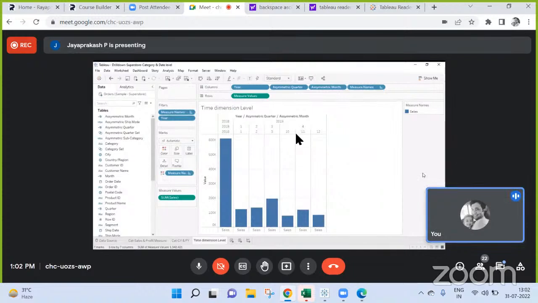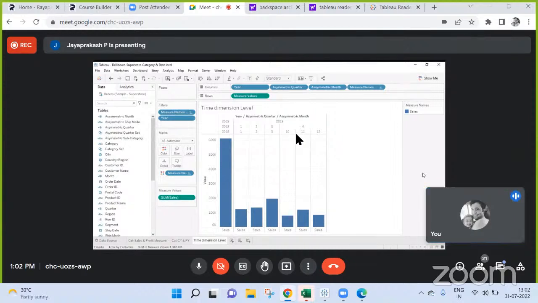Again, when you click on the year part, it should not select the date field, but it should select the years. Again, when you select quarters, it has to identify that it is a quarter, right?